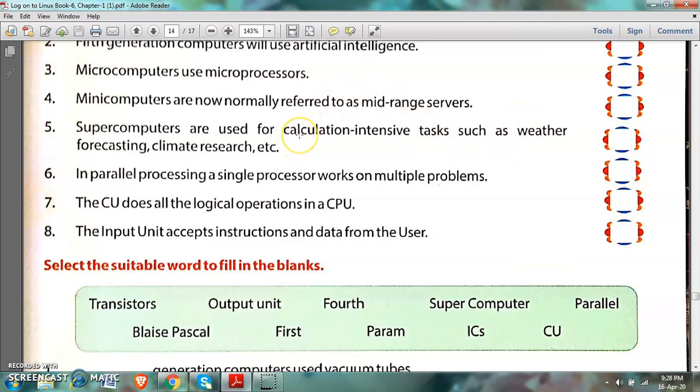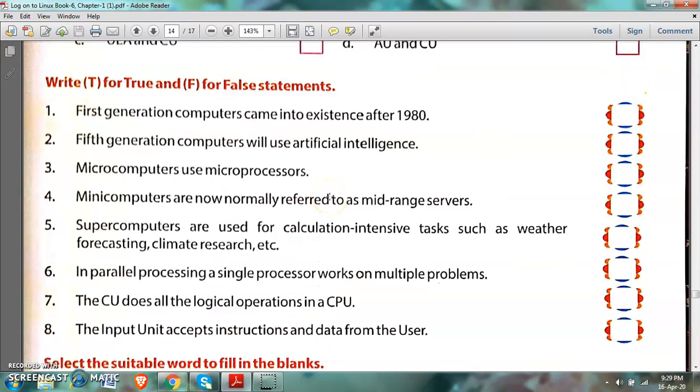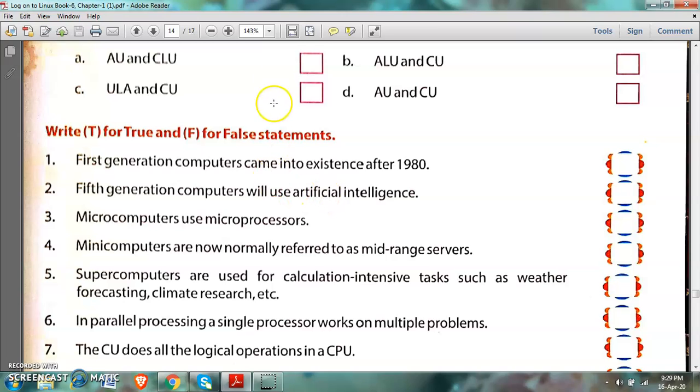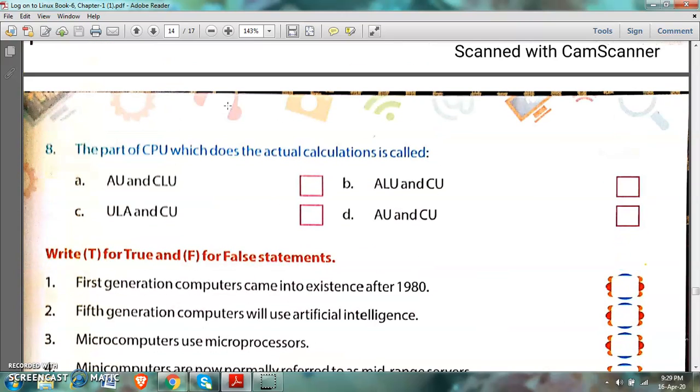And listen carefully, those who don't have the book, they are to do this exercise in the notebook. No need to be worried about the book. I will send you the PDF, and from the PDF you are to see the questions and read them. You are to find out the answers which I have told you to find. Okay, but everything should be written in beautiful handwriting. I hope you all will follow this. You all will read the chapter and you all will try to find out the answers.